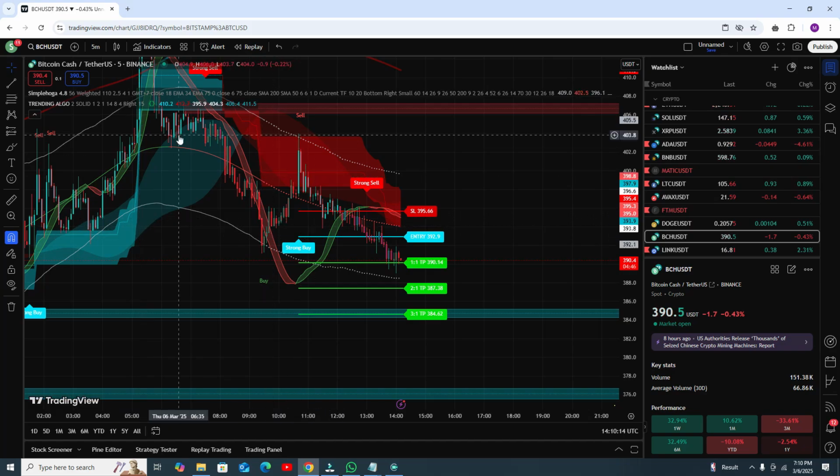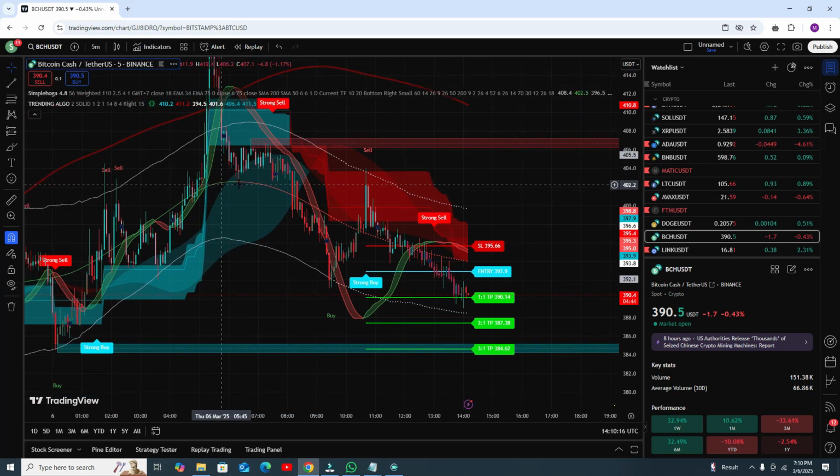So here you can see this indicator will give you strong sell signal, strong buy signal, each and everything. It will give you the entry. Here you can see this one was the entry, that is your stop loss, that is take profit 1 almost hit, take profit 2 and take profit 3. But it gives you accuracy around 60 to 70%, but I am giving you a better strategy that will give you accuracy of more than 80 to 90%. That is actually very good accuracy.